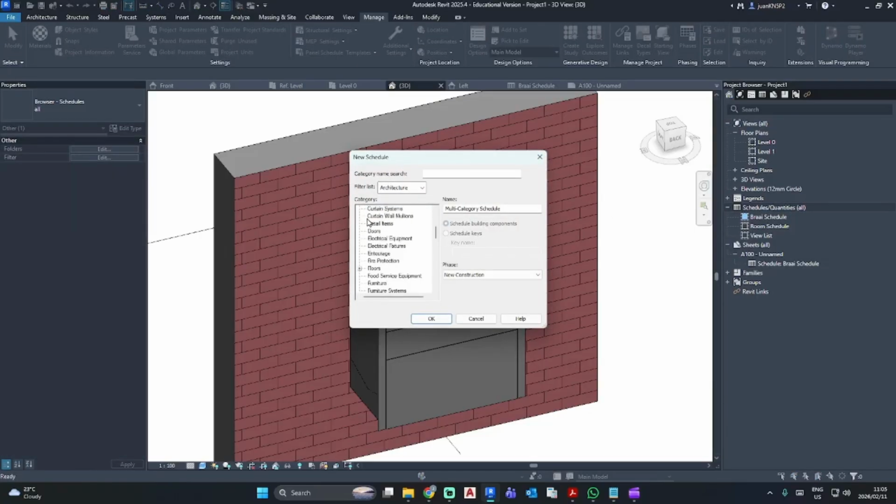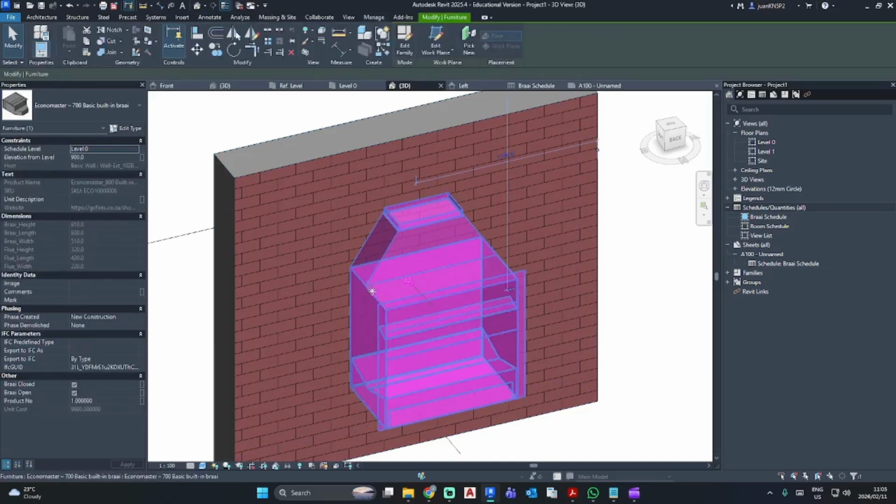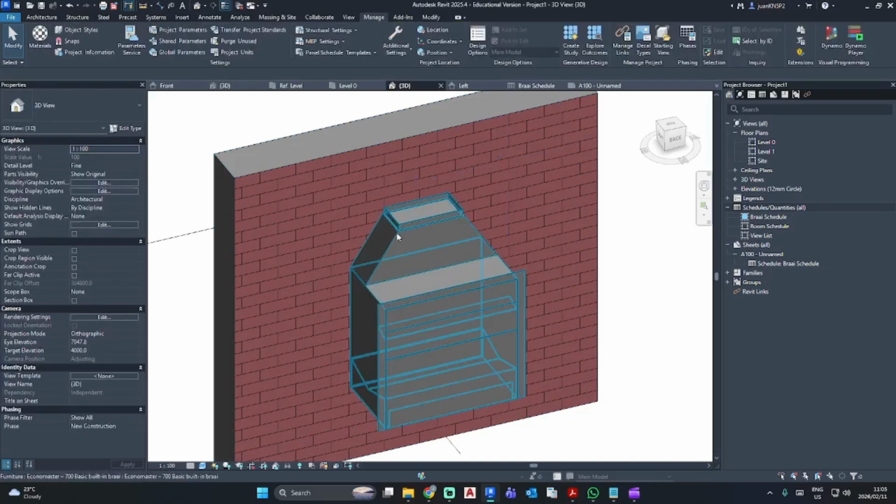So now you'll see that it's asking for a category. So we have a generic model at this stage. I've placed mine on furniture. You can use any category that you would want to use. And I've also changed this front part to match with the image.